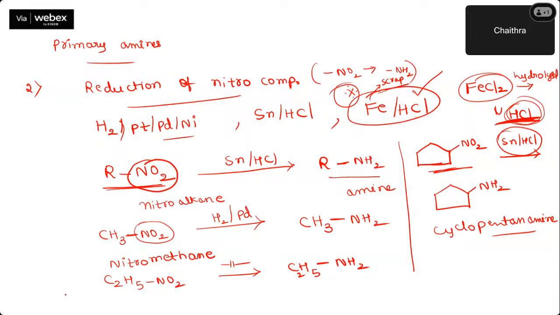And one more note under this reaction: I told you the reducing agents used are these things, right? In case you use something like lithium aluminum hydride, such a kind of reducing agent, then rather than getting amines as the major product, you get azo compounds as the major product. Just have a note of that. Otherwise, this reaction is very simple. You start with nitroalkanes, you end up getting amines. Simple. Okay. Let us move on to the next reaction.